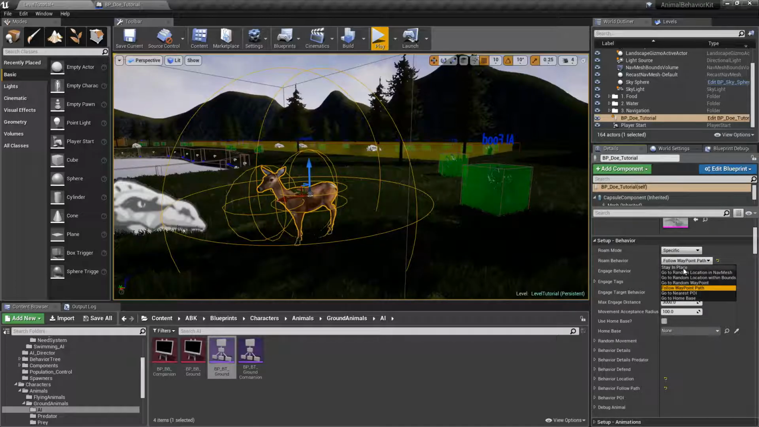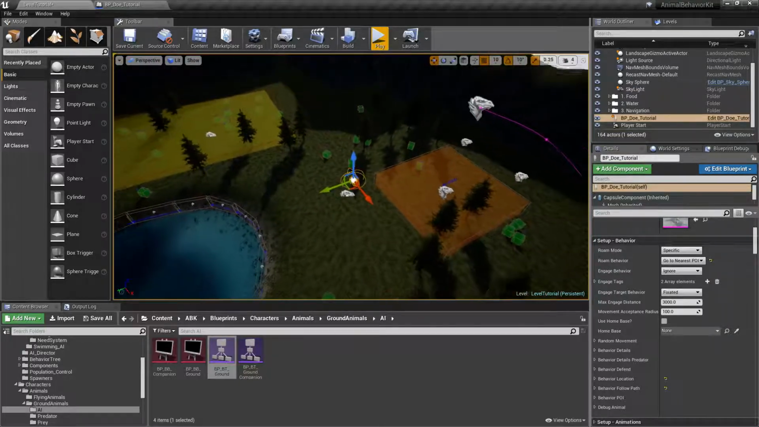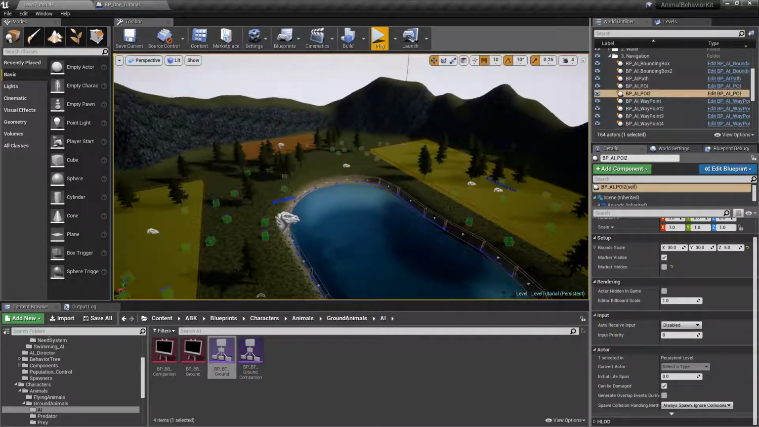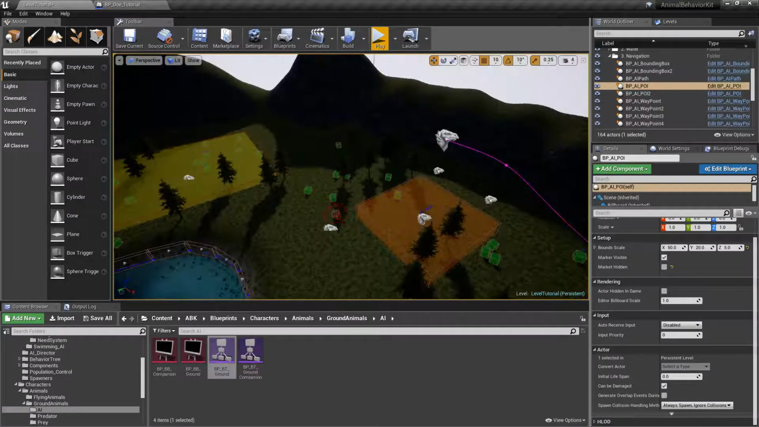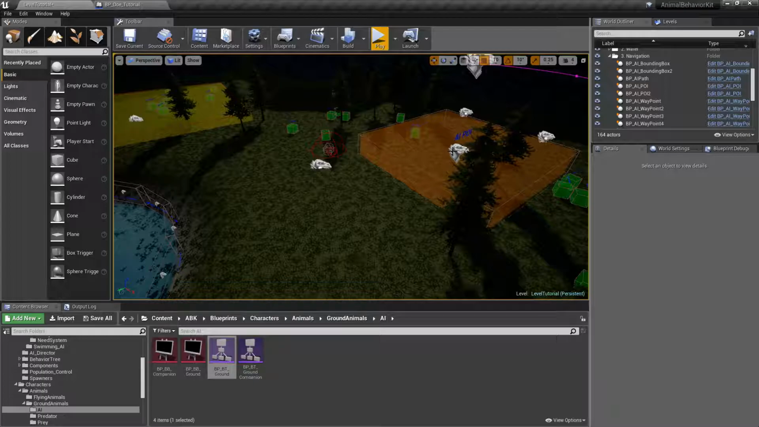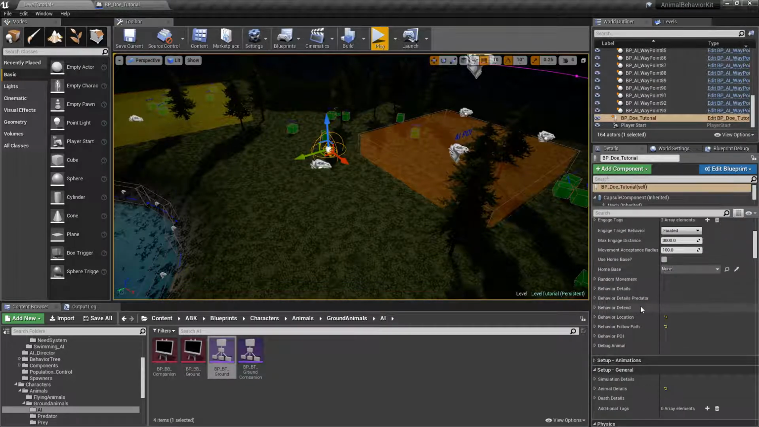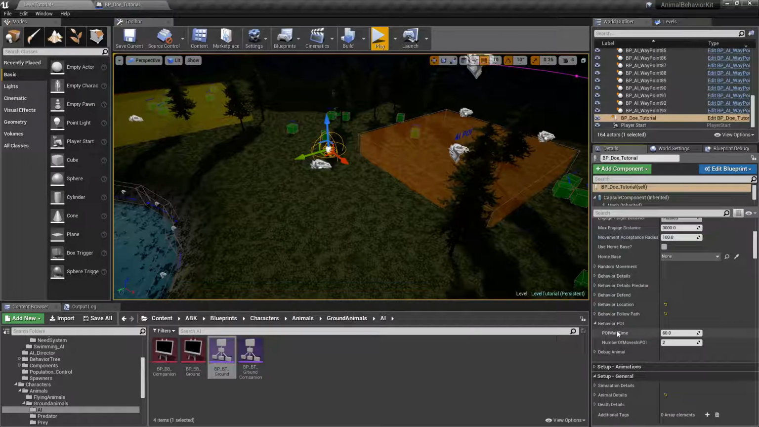The next option is go to the nearest point of interest. And the nearest point of interest is going to be either this guy here or this guy here. So in this case, it's pretty clear that the AI is going to go to this one because this is the closest one. So for points of interest, we do have a section called behavior POI, and we have a